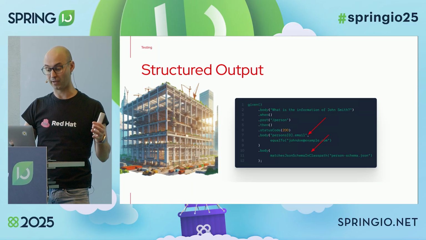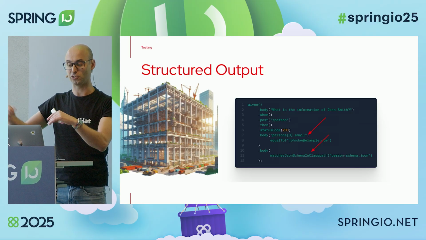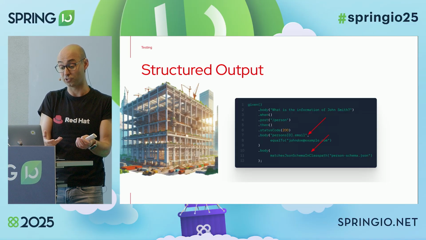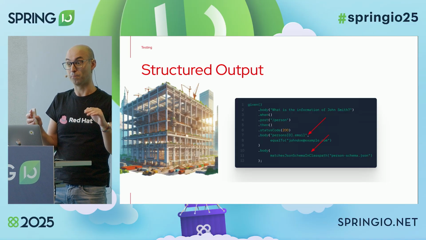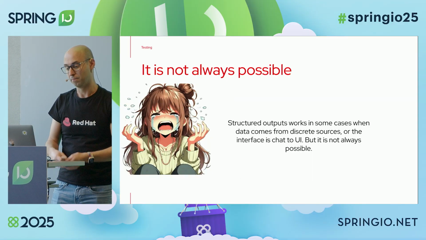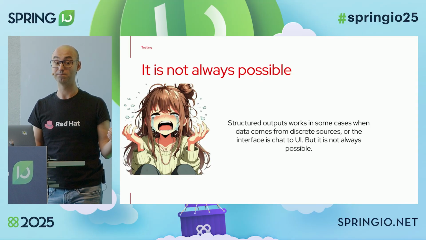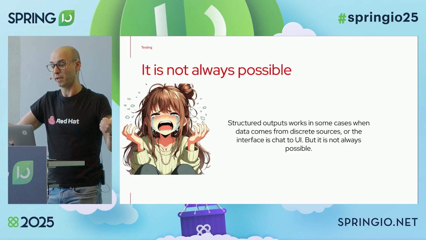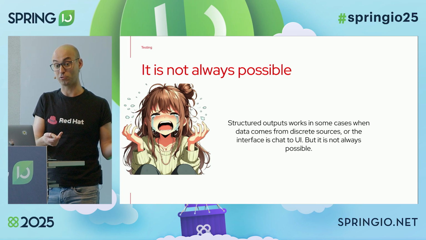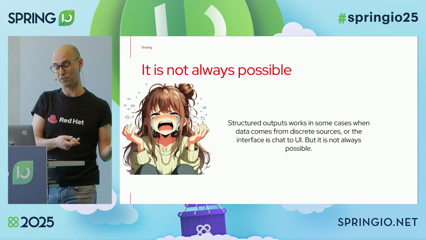endpoint, and then I can do things like assert that the mail is John Doe, and that the body matches the JSON schema. This is a schema, right? So I can just write tests. It's still an AI application, but thanks to the structured output, I can test it for business purposes. Problem? Well, there are two problems. The first one is that it's not always possible, right? Maybe you're able to get a structured output, but maybe not. And what happens if you cannot get a structured output? Well, you still need to test your application, but you do not have a JSON. That's the first problem.